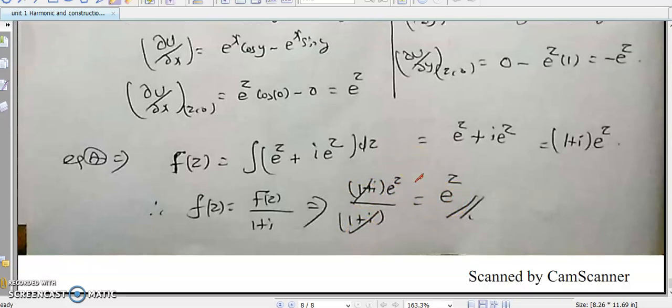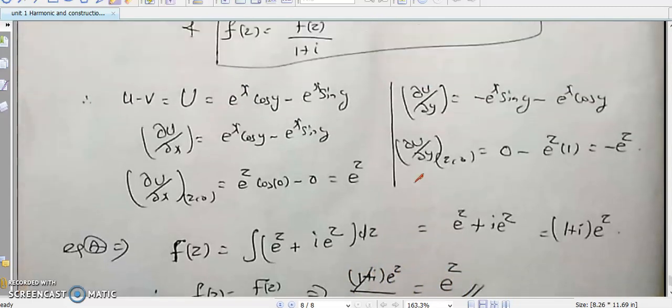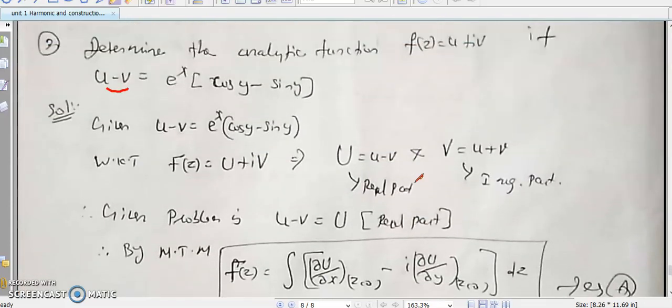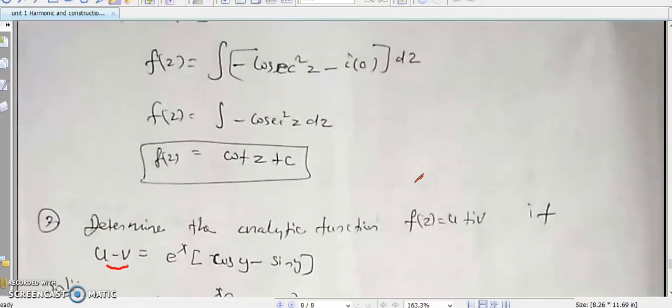So these are very, very important. So I will do only the u minus v form and u form. Similarly, if v is given, the same way we can find the solutions. The formula is not difficult, that is also very easy. So be careful for this. Construct the analytic function of the given function f of z. This is a question by using the Milne-Thomson method or some other methods. So be careful. The formula is very, very important. First we know f dash of z equal to ux plus ivx. That formula we can use for the remaining 4 problems. So be careful. Okay. Thank you.